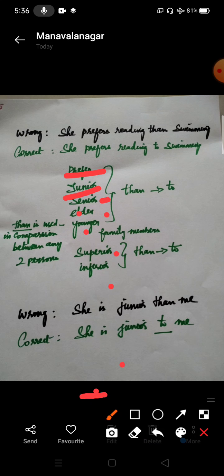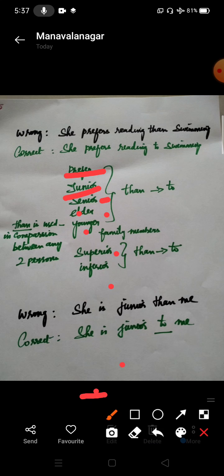For these things, these are the clues. If these clues come, you have to take off "than", and in place of "than" you have to put "to". Okay, and then younger, no,